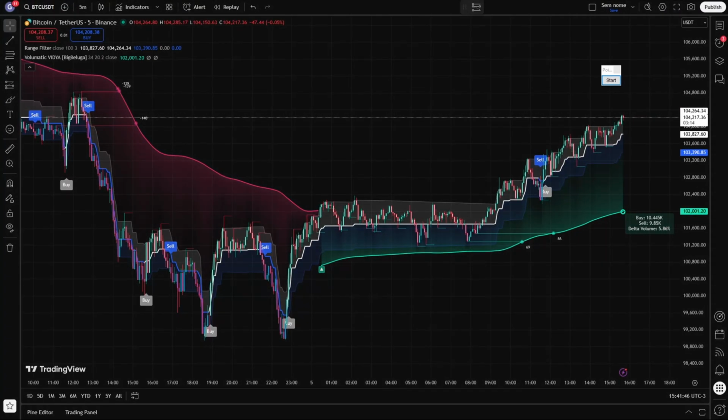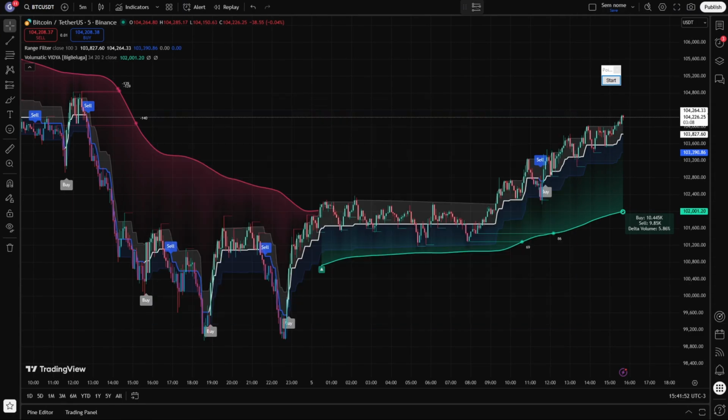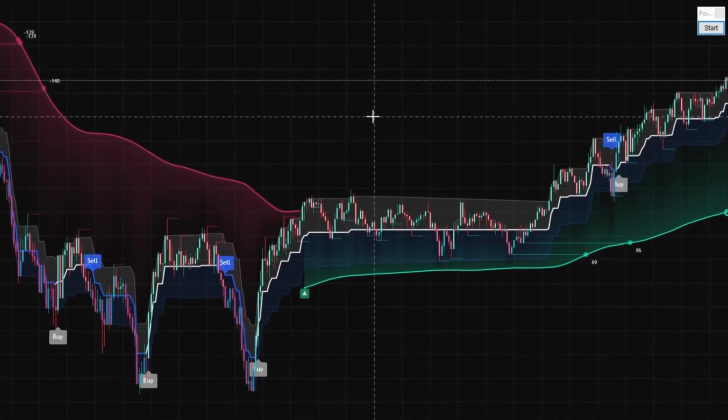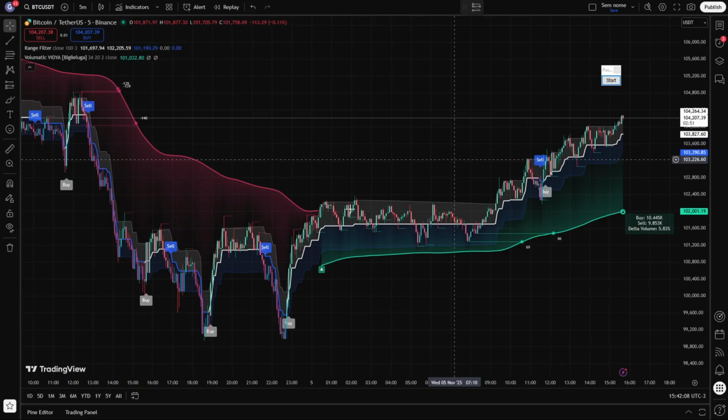Initially, we'll place the indicator on the chart. We're currently using TradingView, my preferred platform for analysis, and I'm on the BTC/USDT chart, the Bitcoin cryptocurrency. However, you can apply it to Forex, an index, cryptos, or any asset you favor. I am currently viewing the 5-minute chart because the primary intention here is to achieve quick scalps consistently aligning with